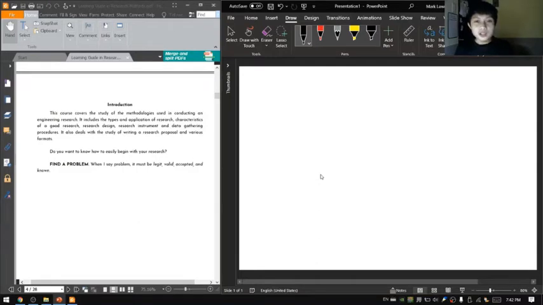So for us in engineering, I think the thing that distinguishes engineering research from among all kinds of research is we find a problem. We start with a problem. So we look for a problem first. That's the reason why I explicitly put here find a problem, because that's the beginning